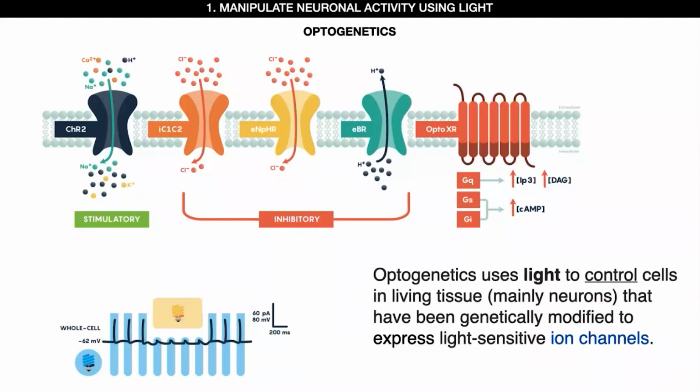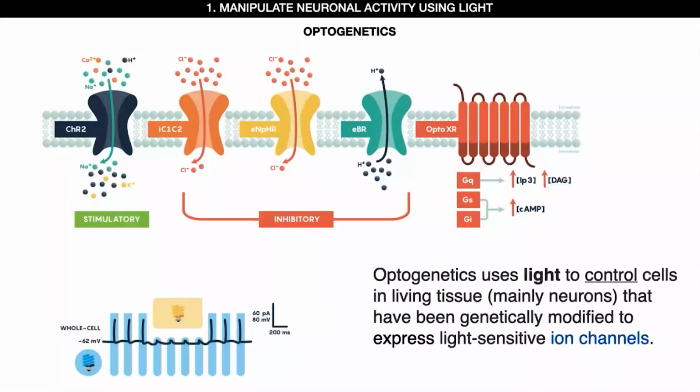So this is just an example again, because there are some excitatory opsins that use the yellow light or the red light and not the blue light as in this example. But as you can see, if you look at the activity of the cell, by turning on the blue light, this cell can be activated specifically only when the light goes on. And when you turn on the yellow light, you can see that there is an inhibition of the activity of the cells. So you can specifically control the activity of the cells just by turning on and off the light